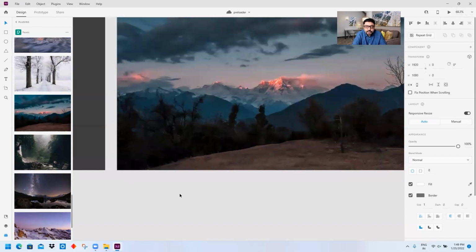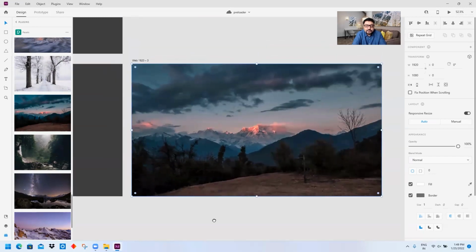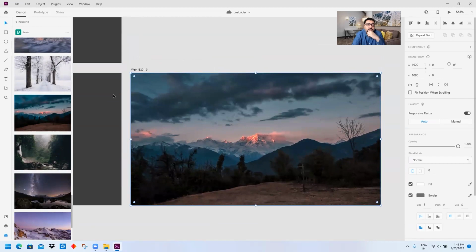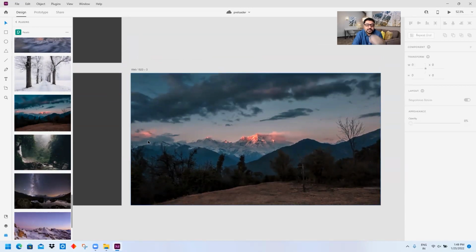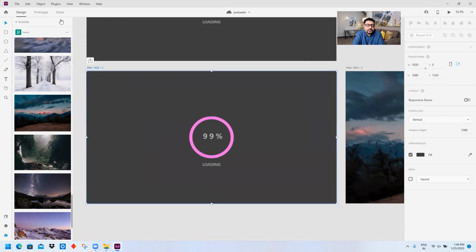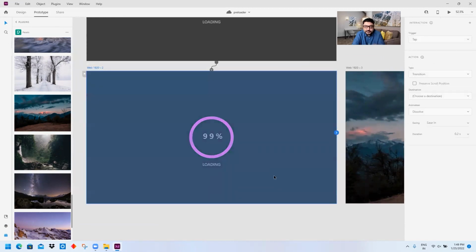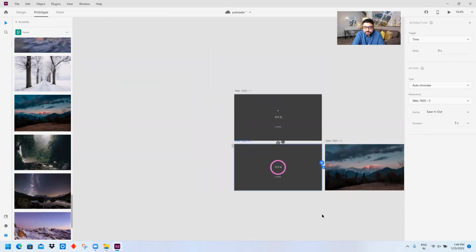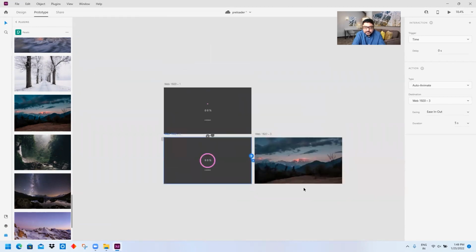So let's now see what we can do. Now choosing the second artboard, we go to prototype again, and we link the second artboard to the third artboard, which has the image. Okay, great.